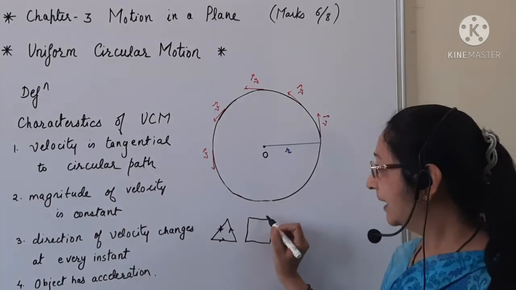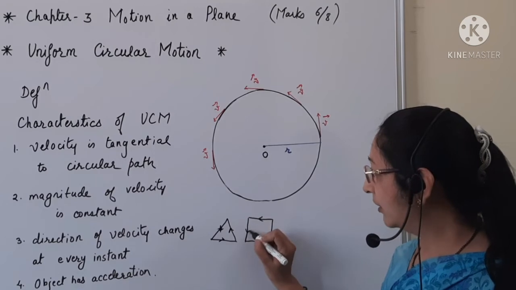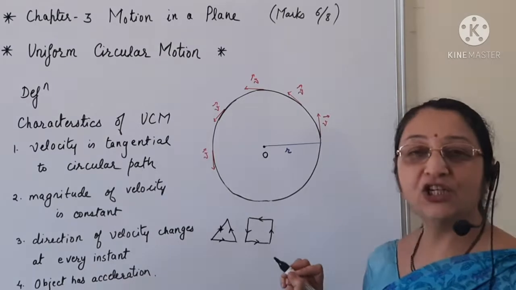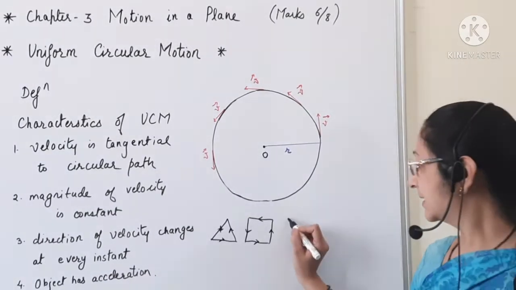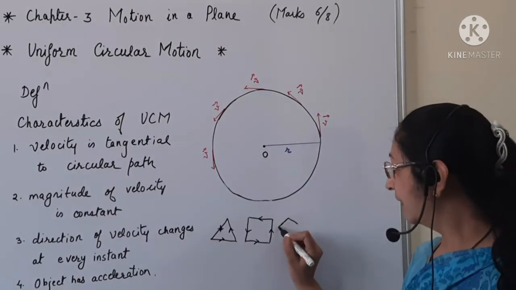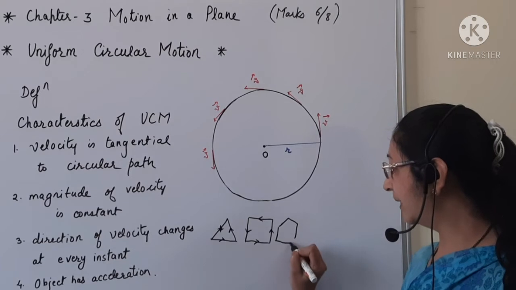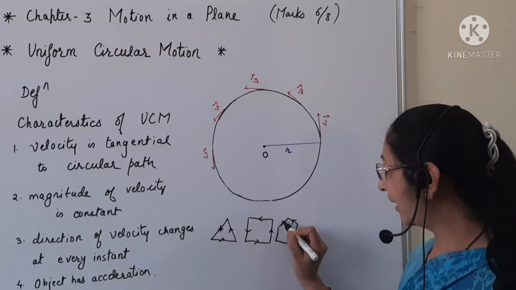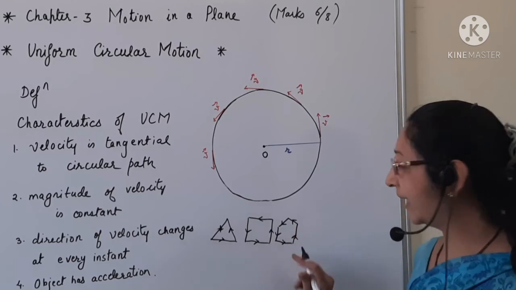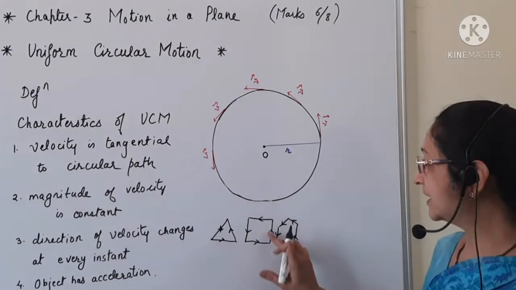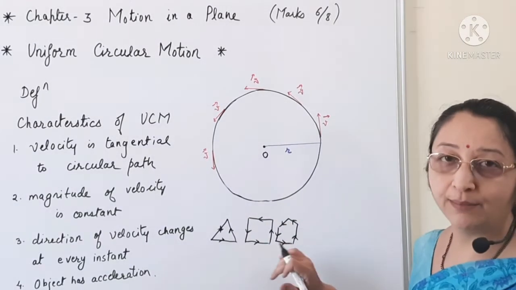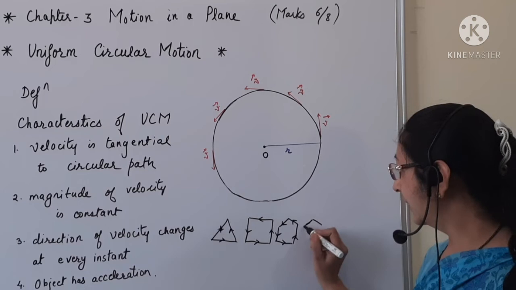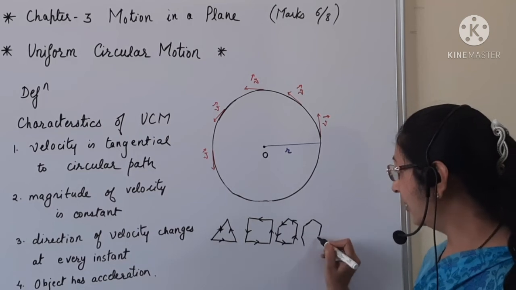Next, the particle is moving along a quadrilateral or a square. So it is changing its direction four times. Similarly, when the particle is moving along the pentagon, this is a pentagon having five sides. So it is changing its direction five times. Similarly, when a particle is moving along a hexagon,